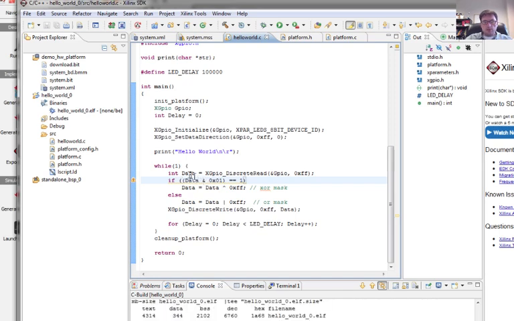All right, we'll use an AND mask to get just the lowest bit. If that lowest bit was set, we'll clear it, and if that bit wasn't set, we'll set it. And then we'll write that value back to the GPIO lines. So theoretically, if I run this code,